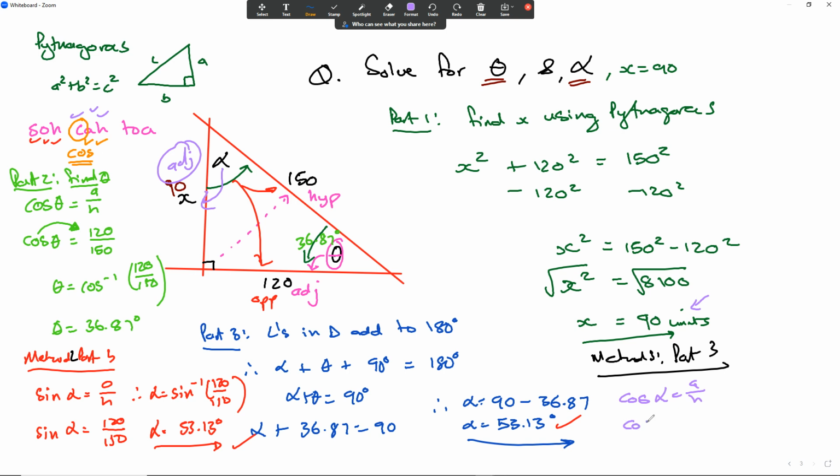And so cos of alpha is going to be equal to 90 over 150. And so that becomes shift cos 90 over 150. We then put that on our calculator and press shift cos of 90 divided by 150, and it'll be 53.13 degrees,